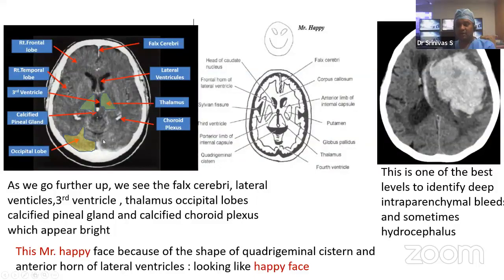And calcified choroid plexus, which appear bright in color. This is the Mr. Happy face because of the shape of the quadrigeminal cisterns and the anterior horns of the lateral ventricles, looking like the face of a person who is happy. See, here is the quadrigeminal cisterns, and these are the lateral ventricles. When we put them together, we find a Mr. Happy face-like structure, and this place is one of the best places to identify deep parenchymal bleeds and sometimes